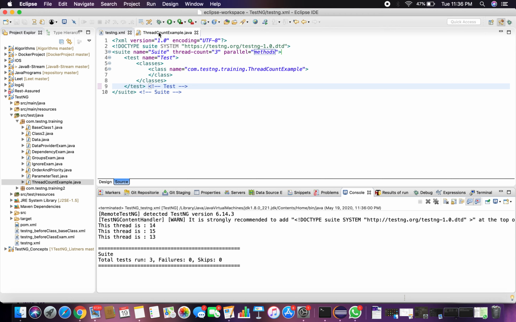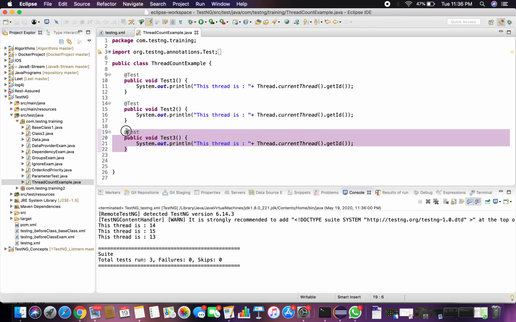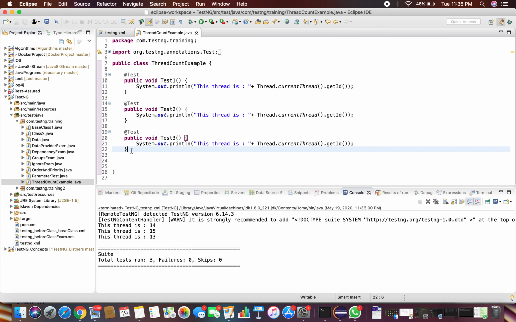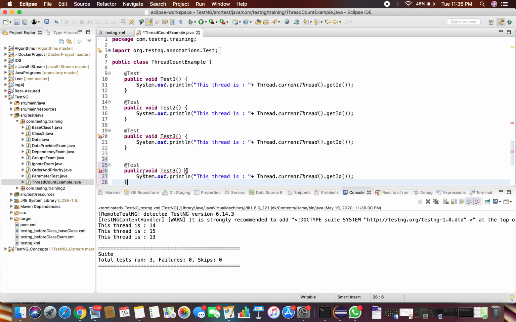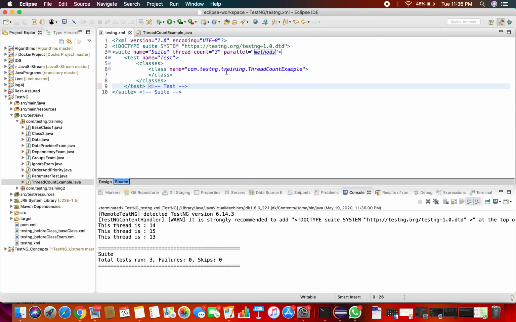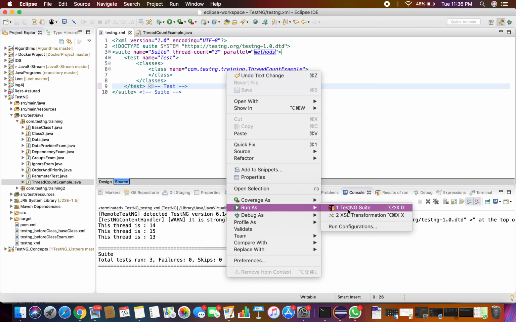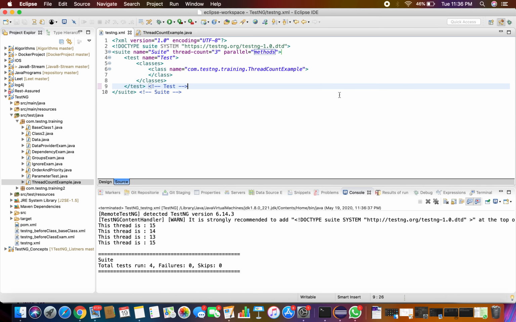Now I am going to create more test cases here. Let me add one more. This is going to be my test 4. Let's run this once again. See here, we have only 3 threads, but we have 4 test cases.